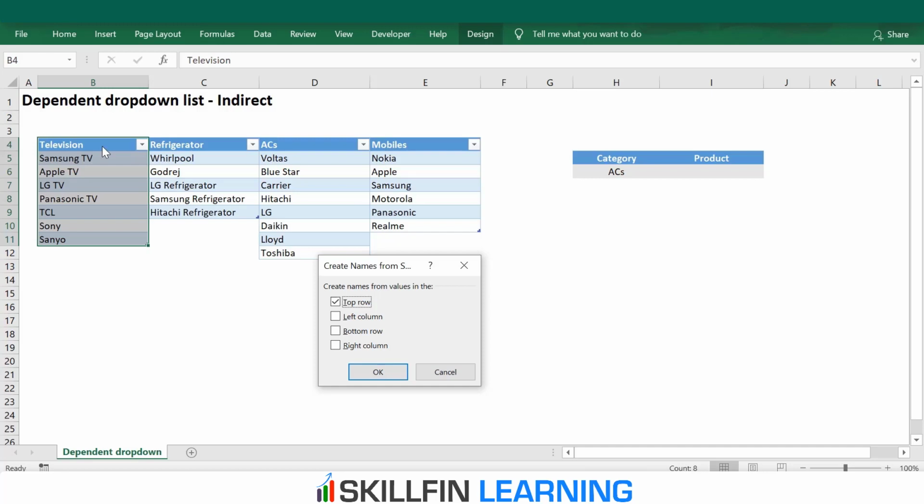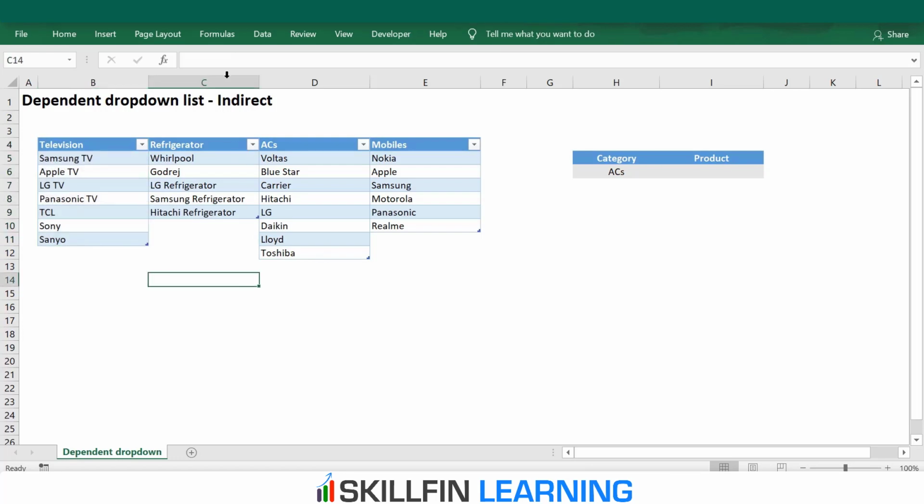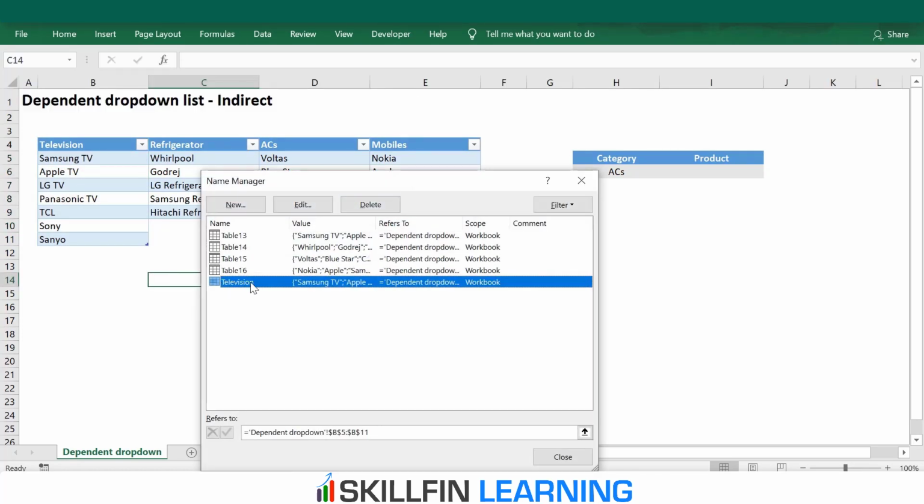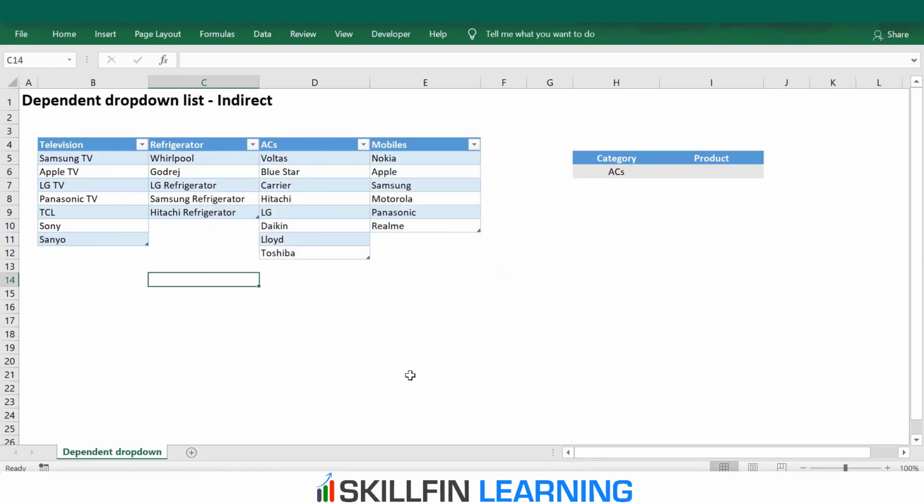So the top row name will be the name of the range, and we click OK. Now, if we go to Formulas, Name Manager, and look for television, we have a range which shows us the selection from Samsung to Sanyo. We will do a similar exercise for the refrigerator, ACs, and mobiles.